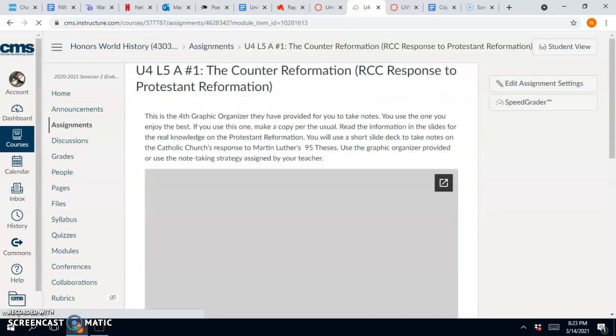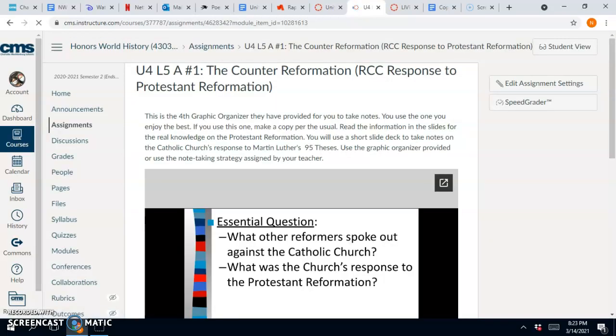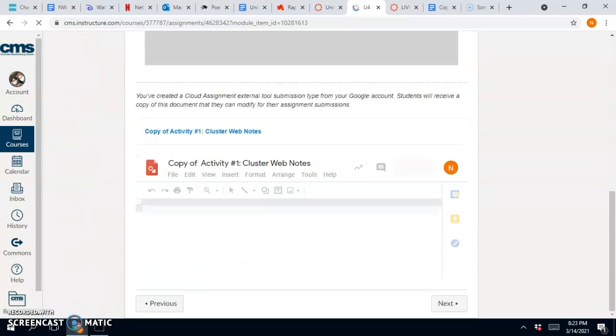All right, go to next. So you have another graphic organizer. This one's called a cluster web. It looks